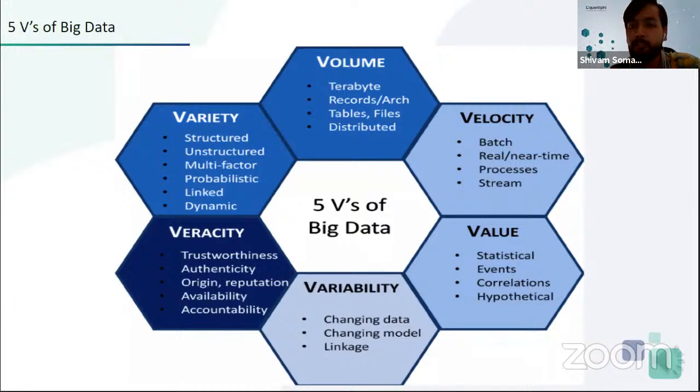Every click you do is generating data, and it is generating data with that velocity. So it goes into the backend and everything gets processed and stored with that velocity. So what value is generated with big data? As I said, when you click on any product and add it to cart, on any online shopping or any other website.